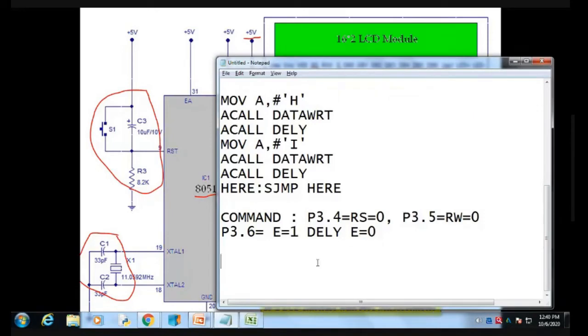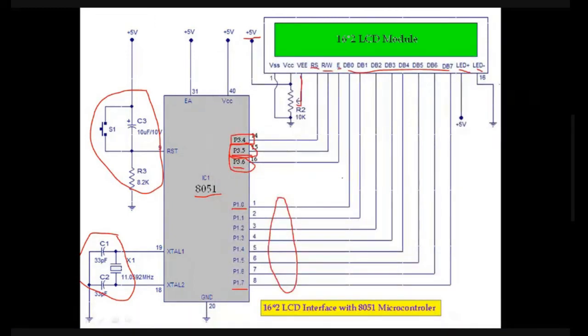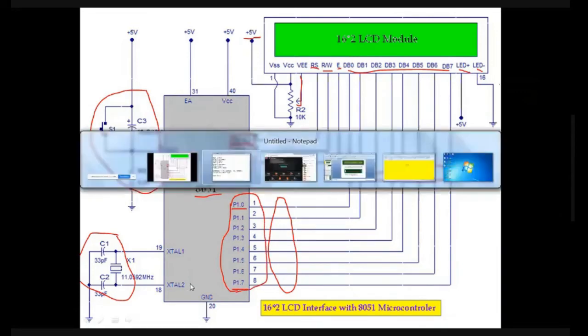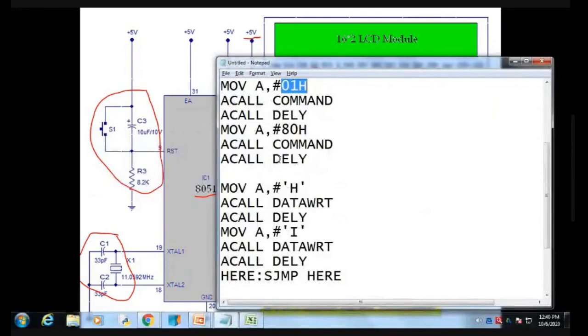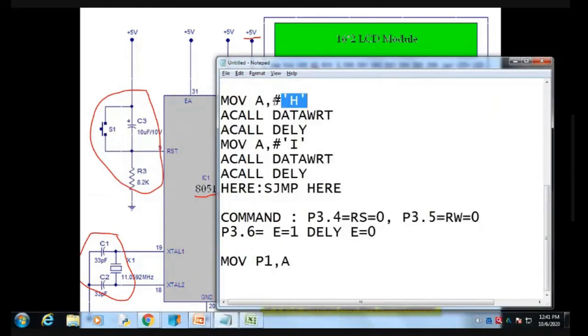So for the command subroutine, the first instruction is MOV P1, A. Why? Because my data line is connected to port 1. Whatever data comes in, command as well as data, all goes to port 1.